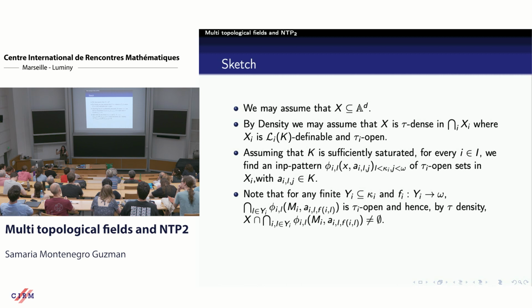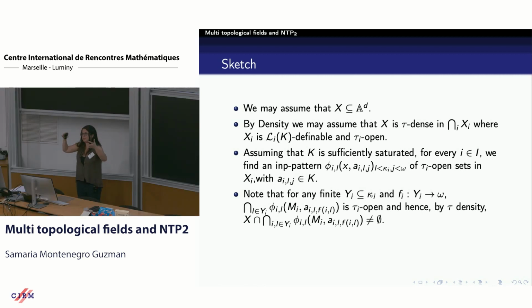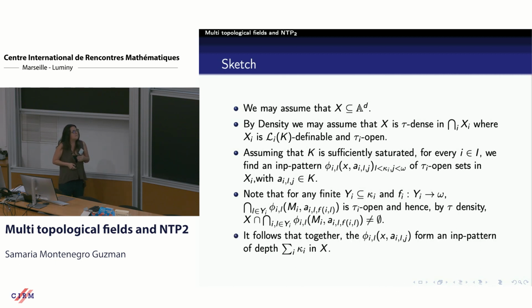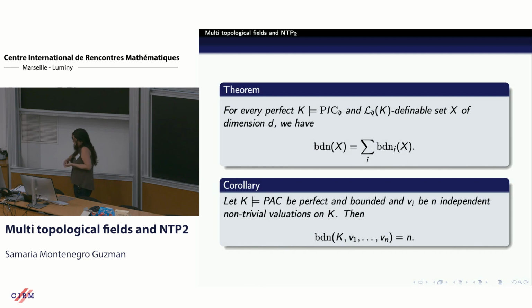So the idea is that for any path we take an open set for each i, and we take the intersection of everything, and that will be an in pattern. Of course, it's consistent, it's clear because we didn't change anything. But all that together will give us an in pattern of depth, the addition of the kappa. So we obtain that, in fact,